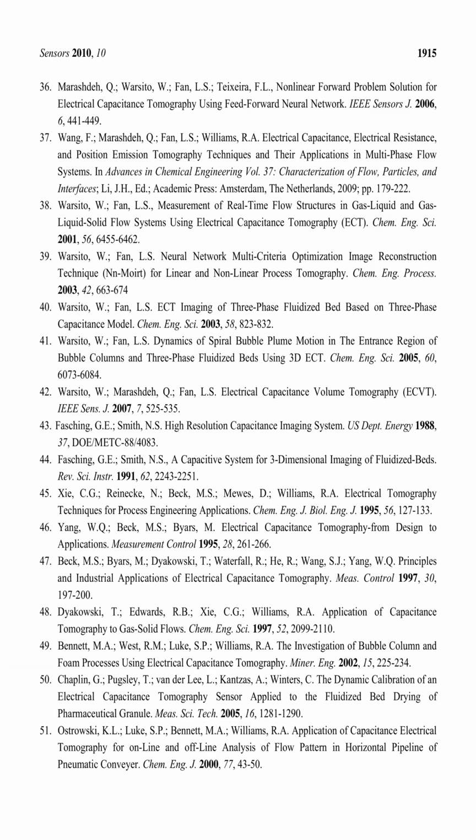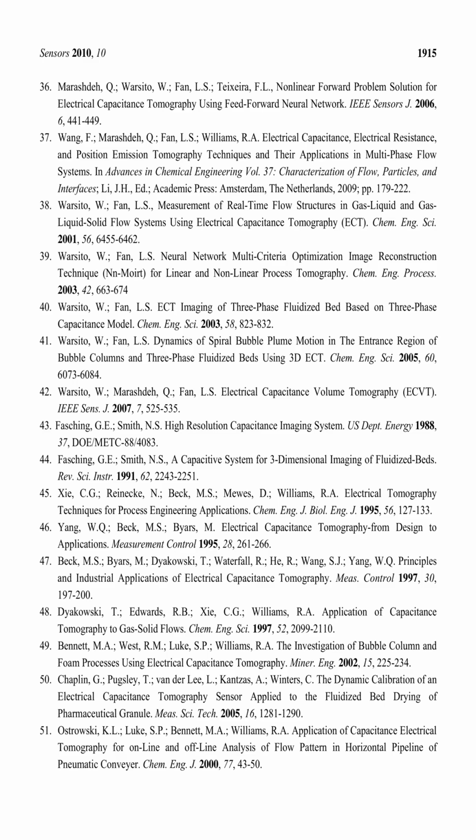823-832. 1. Warsito W, Fan LS. Dynamics of spiral bubble plume motion in the entrance region of bubble columns and 3-phase fluidized beds using ECT. Chem Eng Sci 2005, 6063-6068. 2. Warsito W, Marashdeh Q, Fan LS. Electrical capacitance volume tomography, ECVT. IEEE Sensors J 2007, 7,